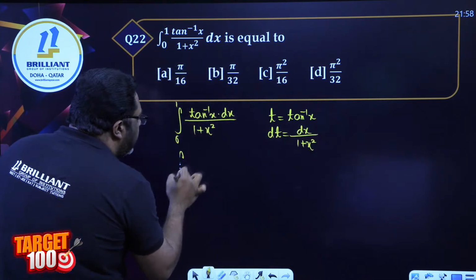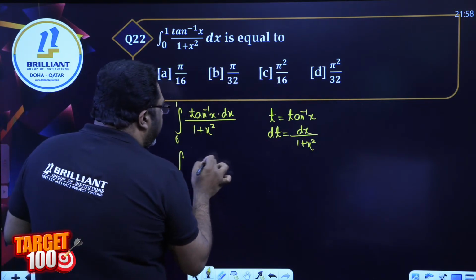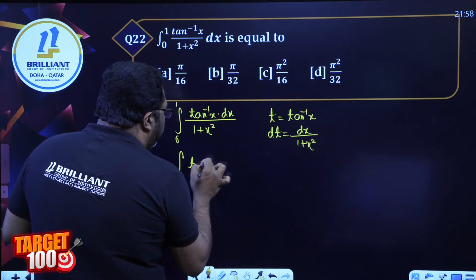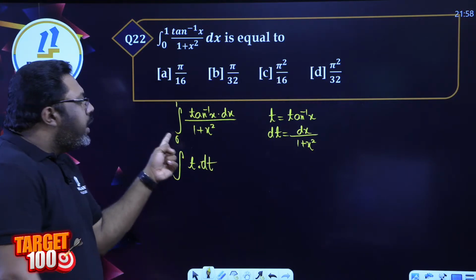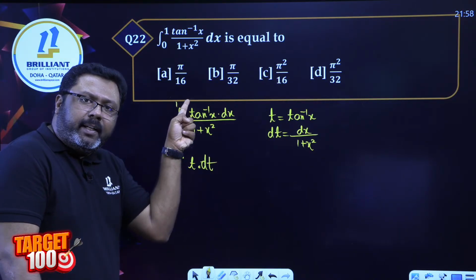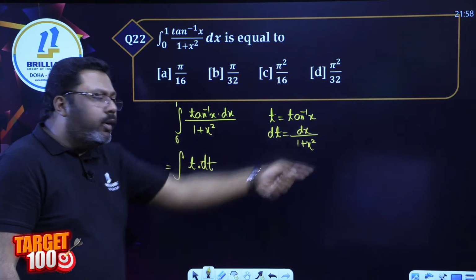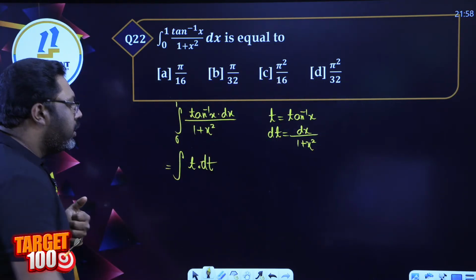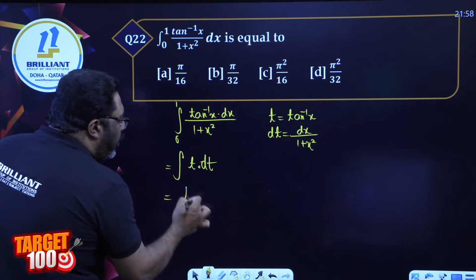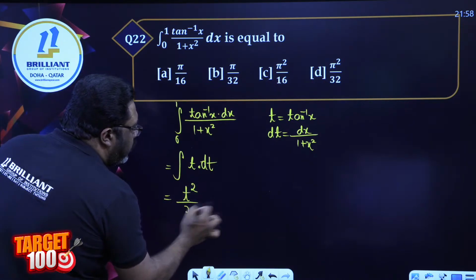So I can write this integral as t dt. Either you can choose to change the limits here itself, or after integrating put back t and then substitute the original limits. That's your choice. So I am going to be writing it as t squared by 2,